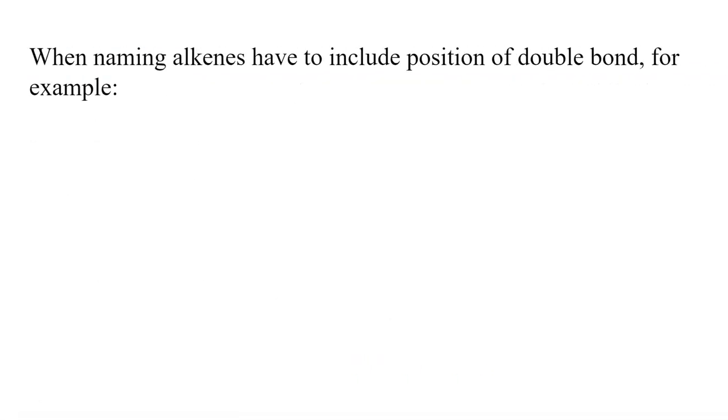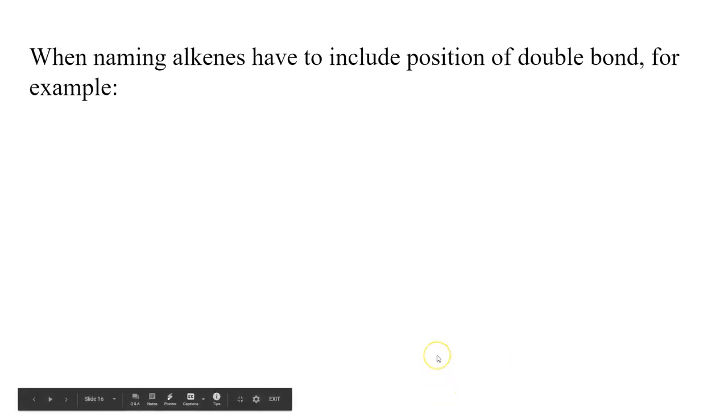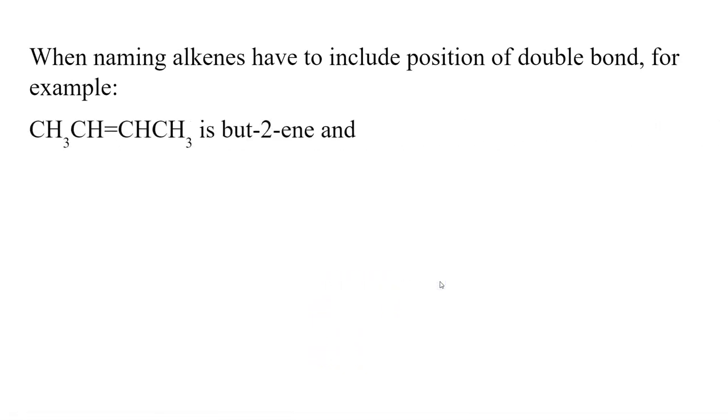So we need to become experts at naming alkenes, and it's very, very similar to naming alkanes, except you have to give an indication of where the double bond is. So this is called butene. The double bond is attached to the second carbon. Not butene, because remember you use the lowest possible numbers. So it's attached to the first, second, so butene, not